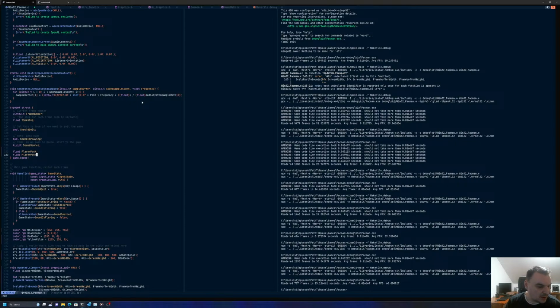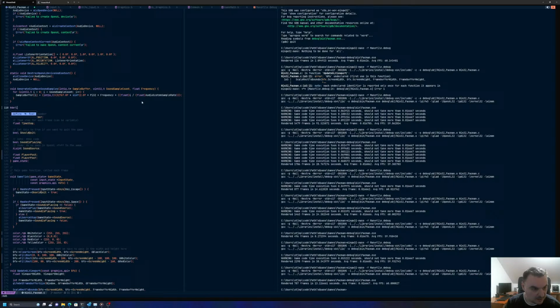And now it can be on 0, 0. Yeah, that's gonna be fine. And let's define a player speed. How many pixels per second do I want to go? 100